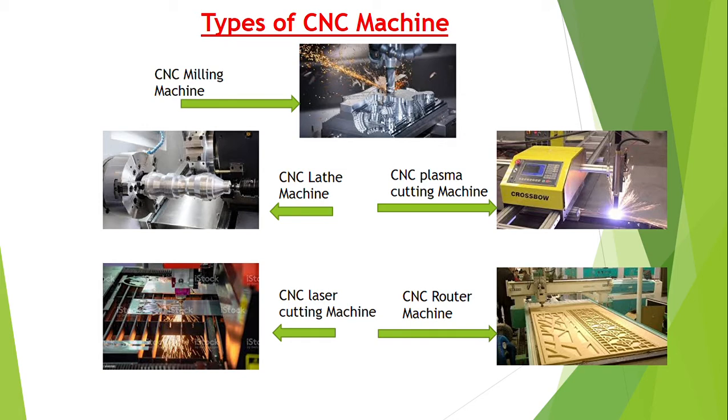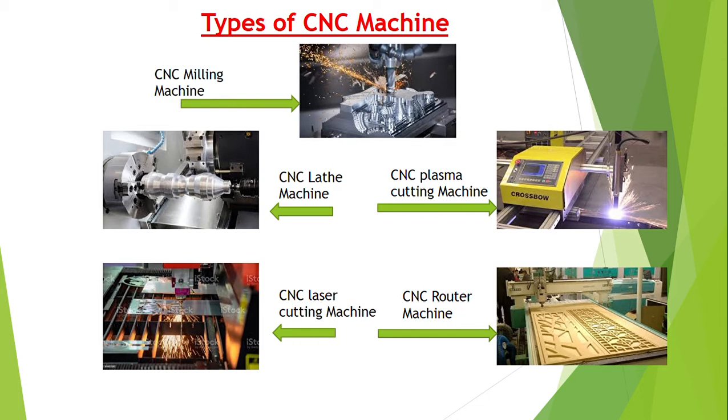The first one is the CNC milling machine. CNC technology enables greater precision in milling than when the operation is performed manually. The CNC milling machine can be programmed to vary in depth, angle, and direction of cut. So there might be 3-axis or 4-axis machines which are used for different operations.